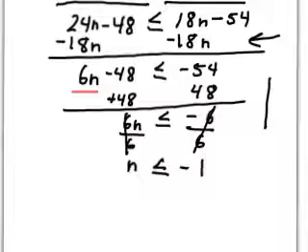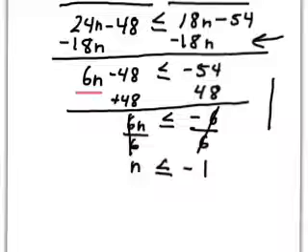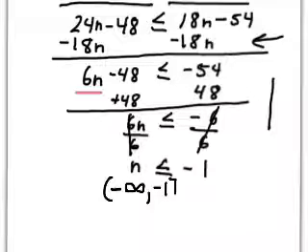Okay, so we start from the left. If it's less than, it goes to negative infinity. So we're going to start with negative infinity, which gets the parentheses. It goes from negative infinity to negative 1, and it includes negative 1, so we use the bracket here. So if we were going to graph this,